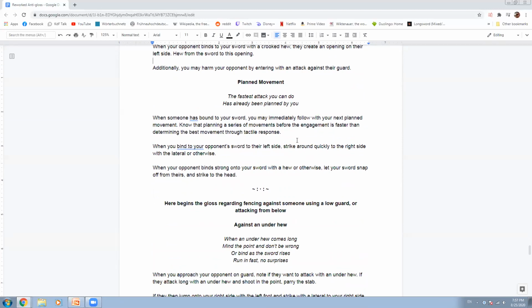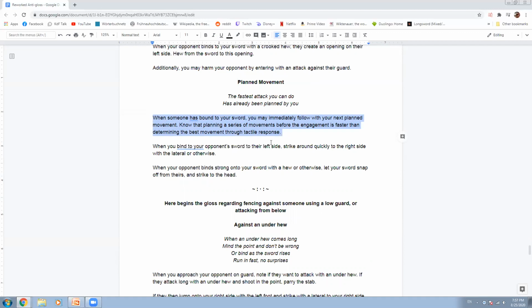When someone has bound to your sword, you may immediately follow with your next planned movement. Know that planning a series of movements before the engagement is faster than determining the best movement through tactile response. When you bind to your opponent's sword to the left side, strike around. Okay, so let's unpack this first. So this is anti-indes,